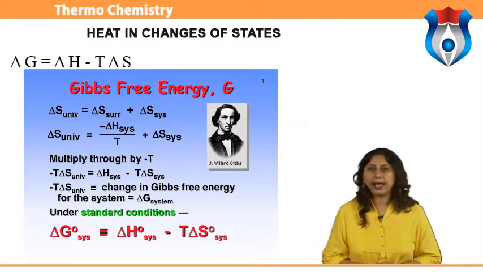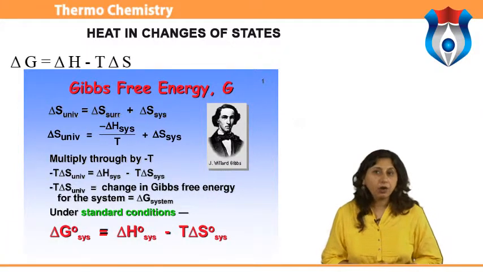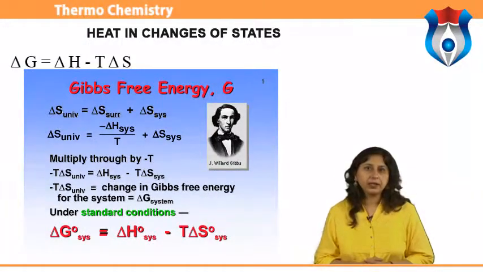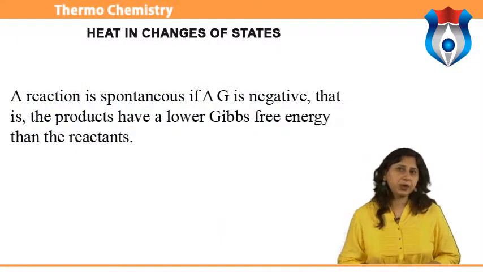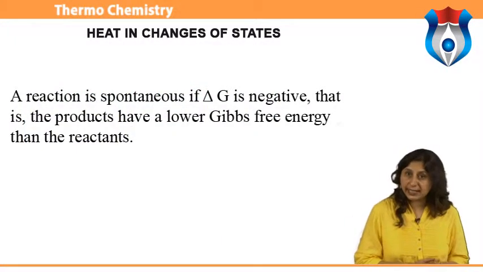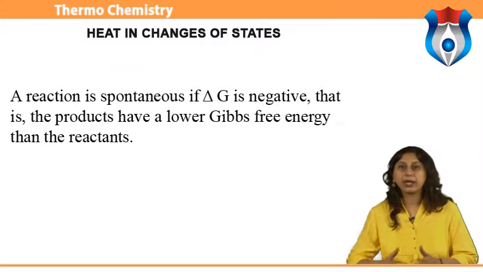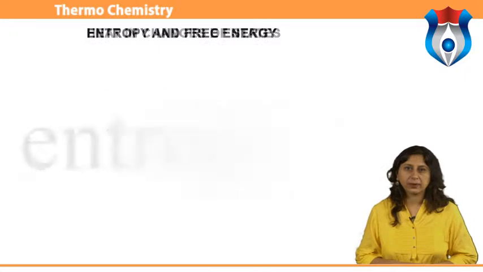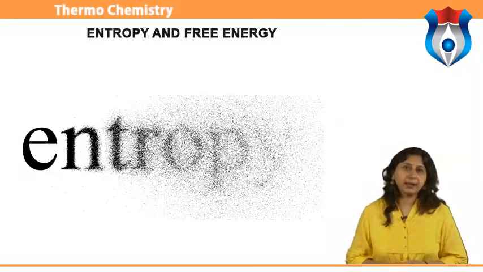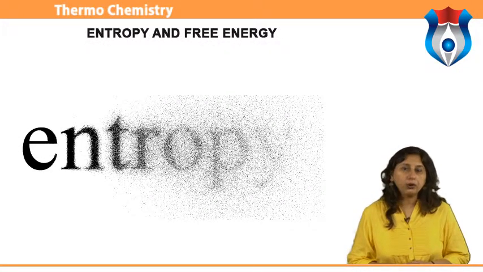The change in enthalpy is the amount of heat or work that is transferred when a reaction occurs. A reaction is spontaneous if delta G is negative, that is, the products have a lower Gibbs free energy than the reactants. The second law of thermodynamics, the entropy law or law of entropy, was formulated in the middle of